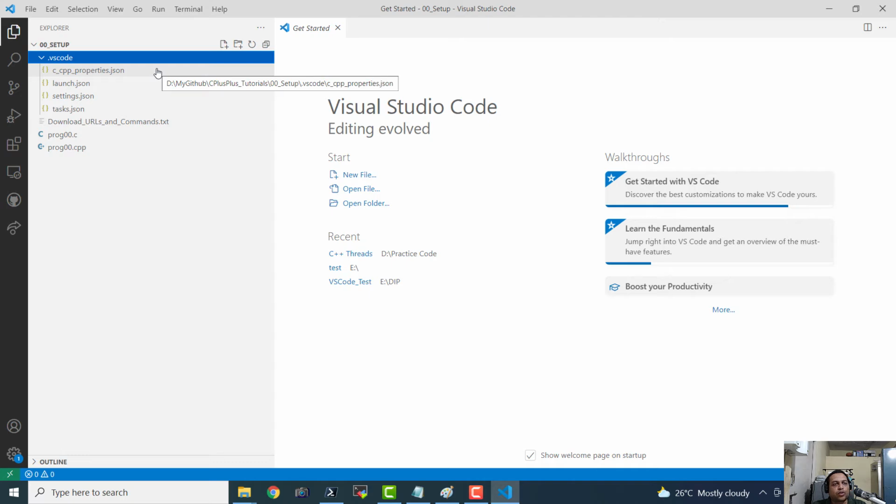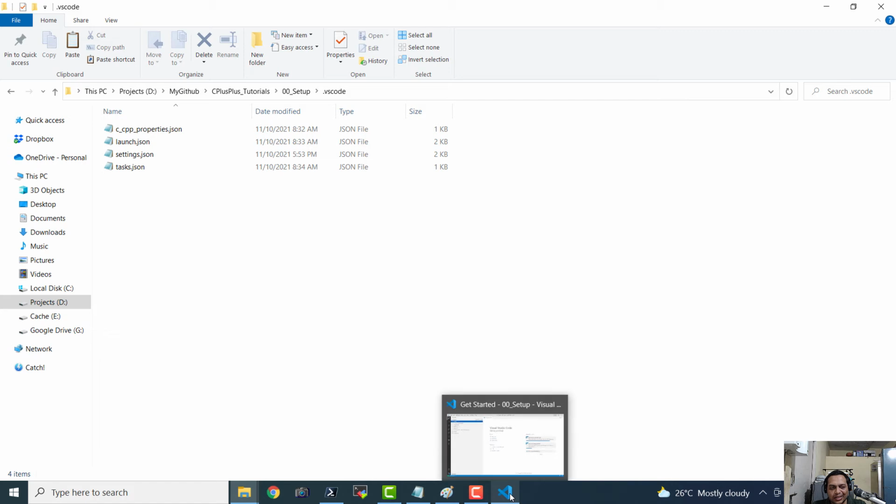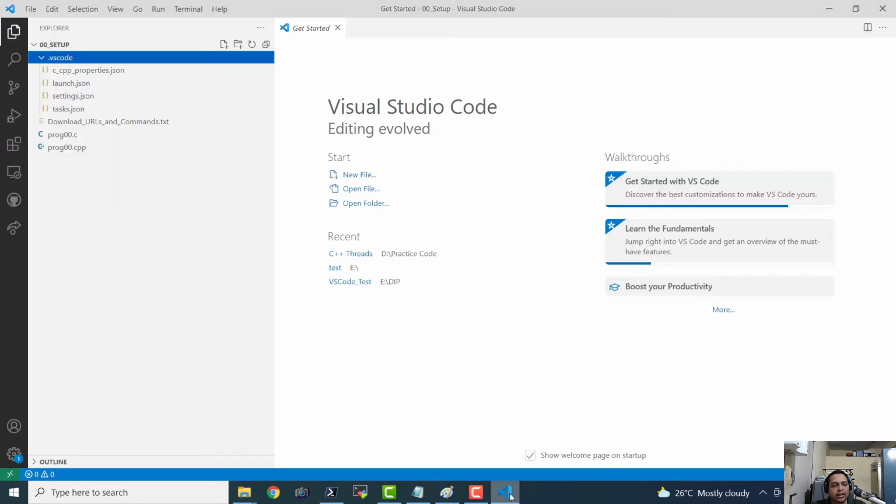And here you can see the 4 files. Basically I had created 4 files: c_cpp_properties.json, launch.json, settings.json, and tasks.json. These are standard files and they are used to link your compiler with Microsoft Visual Studio Code.